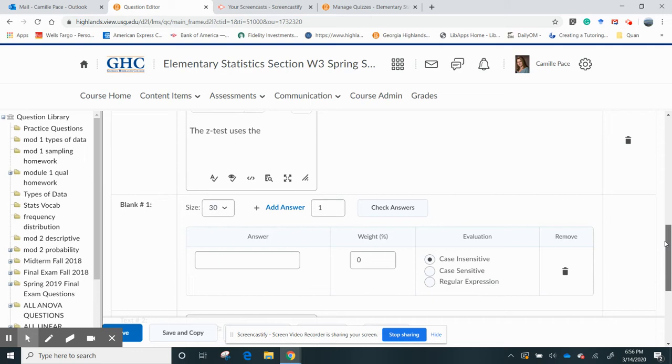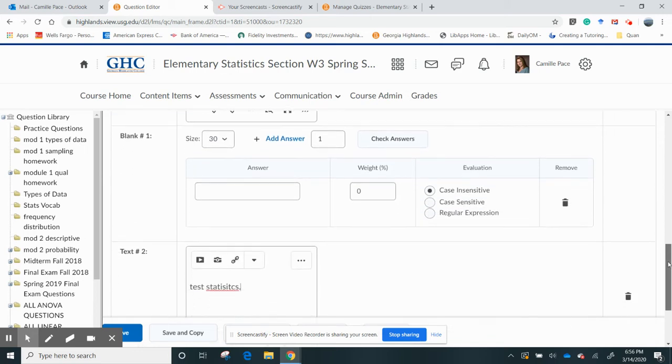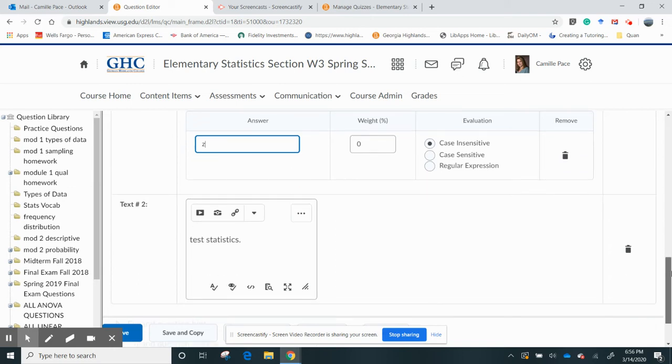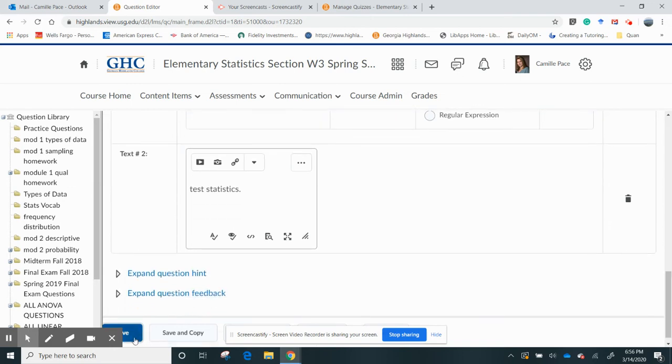Right. So I've got what I'm starting with. I've got what that is. Oops, it helps if I spell it right. So what I want to put here is that it uses the z-test statistic. Okay. So then when I hit save,